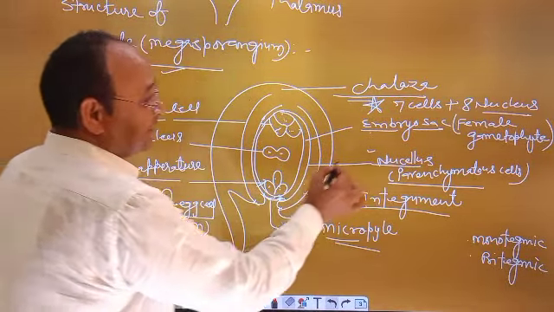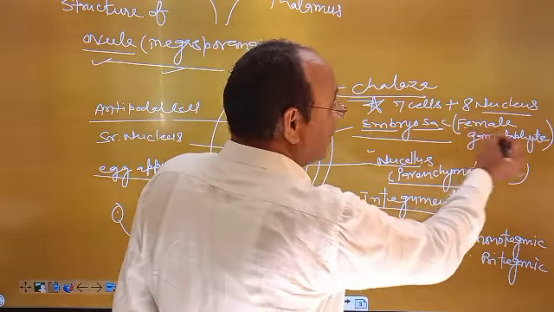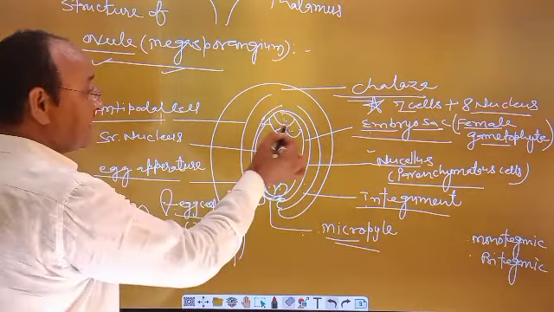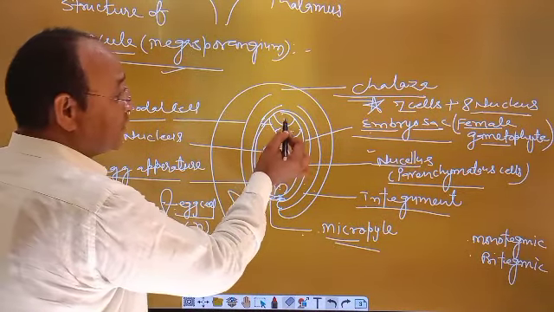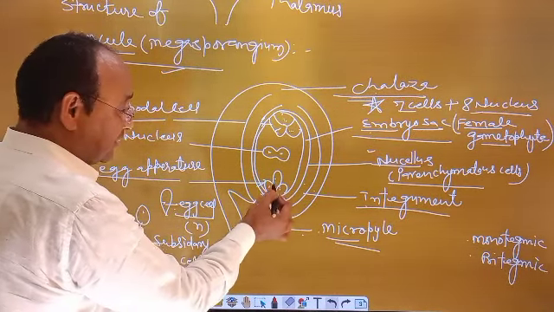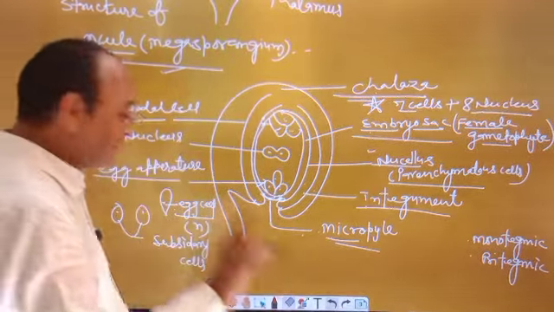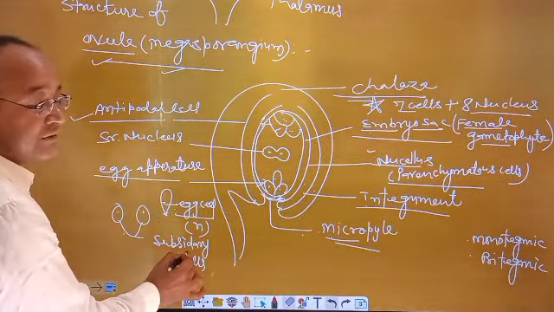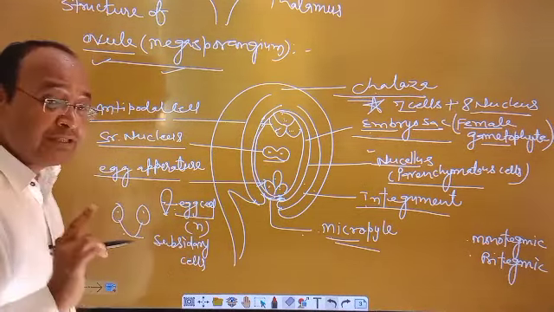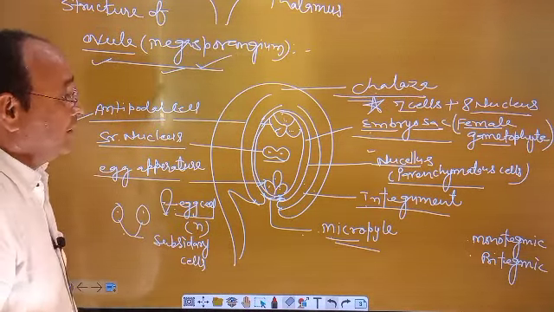Especially in nucellus, a special structure is present which is known as embryo sac. In embryo sac, which is called female gametophyte, 7 cells and 8 nuclei are present. 3 cells situated toward the chalaza are called antipodal cells. 3 cells situated toward the micropyle are called egg apparatus. In egg apparatus, 1 egg cell and 2 subsidiary cells, and the central part is made up of secondary nucleus. So this is the structure of ovule or megasporangium.